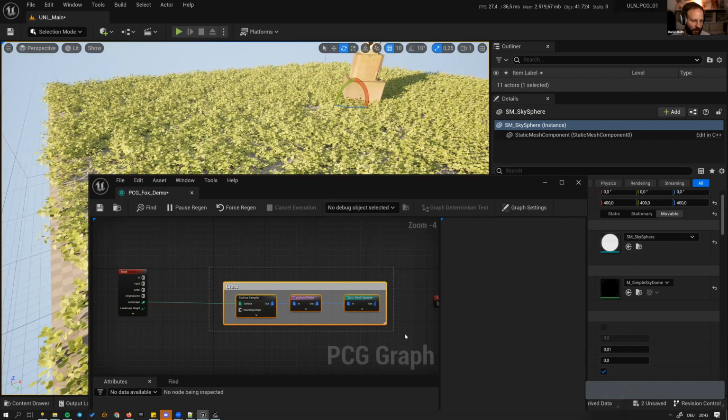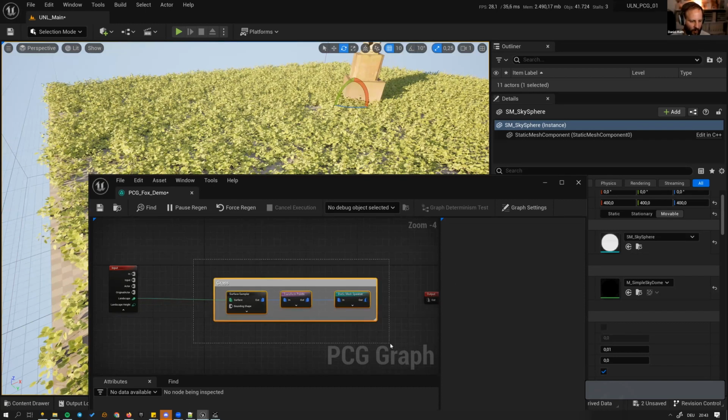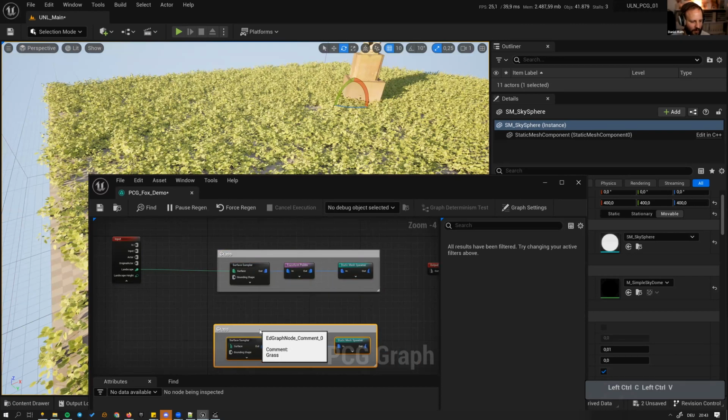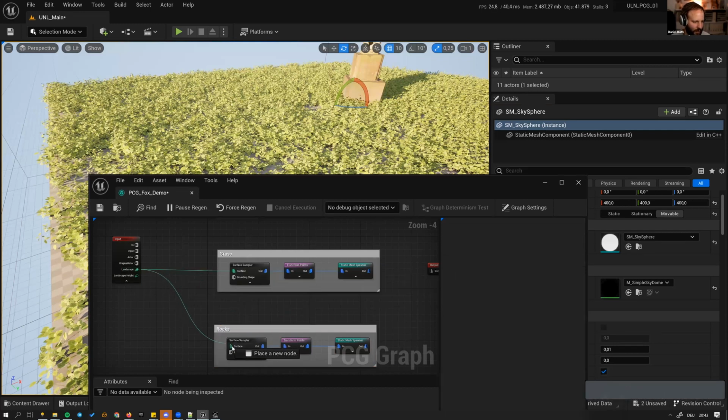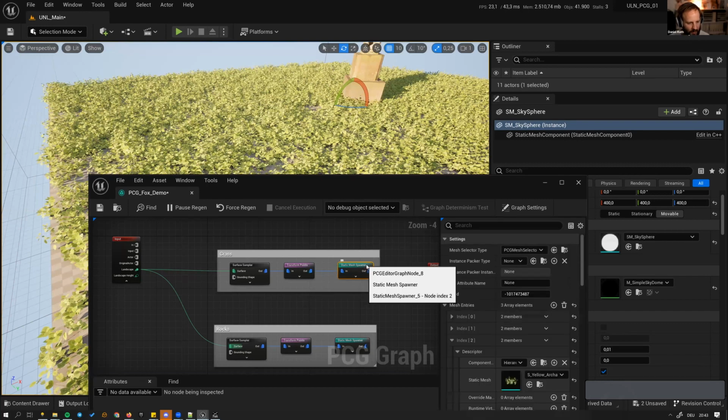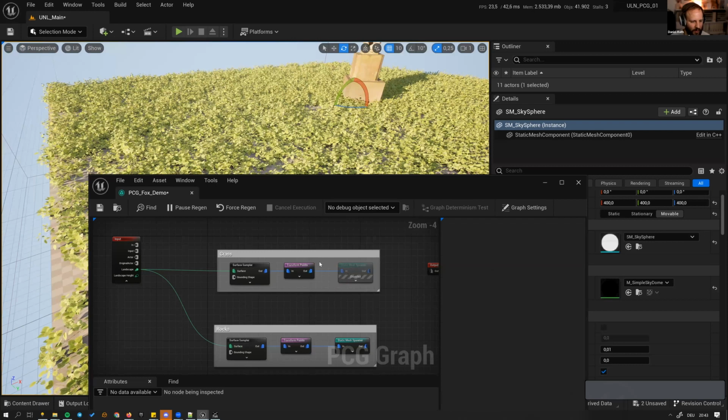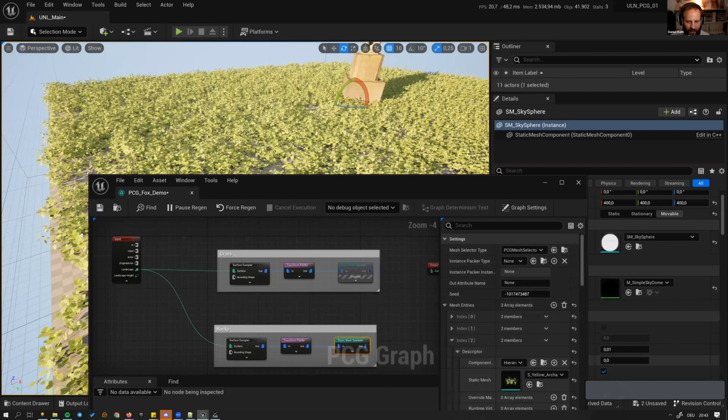So what we can do is just take this setup here, the whole one, copy and paste. We will just call it rocks, and we will connect it. And now we have this same setup output here twice. That's fine, but we will replace the static mesh spawner. To see it better, select the static mesh spawner of the grass and hit E to disable this one. So now this one here is not creating any meshes, and we can for now focus on the output of our rocks. So we have 3 mesh entries here, and we can just, instead of the flowers,